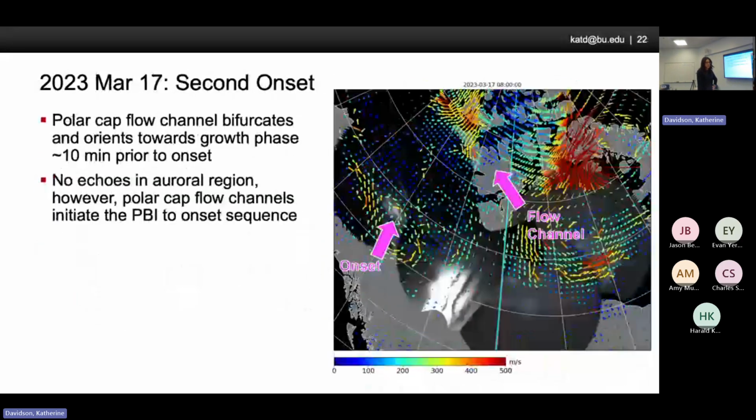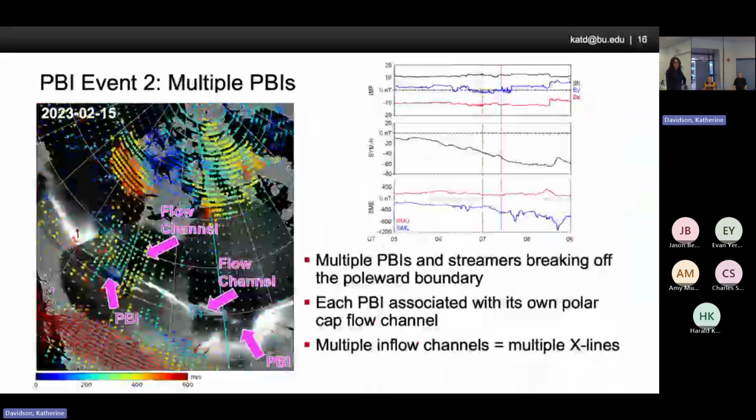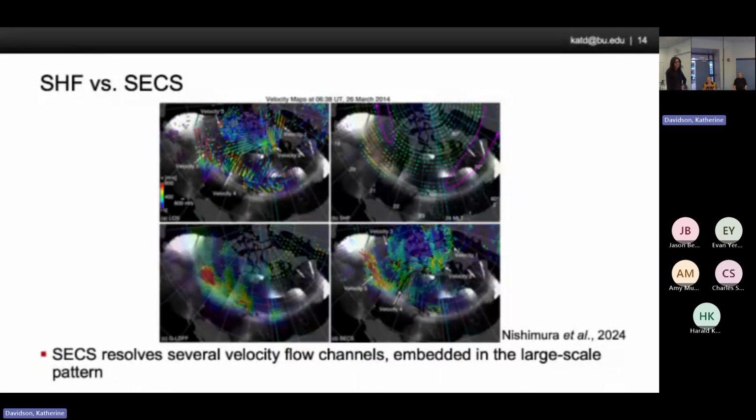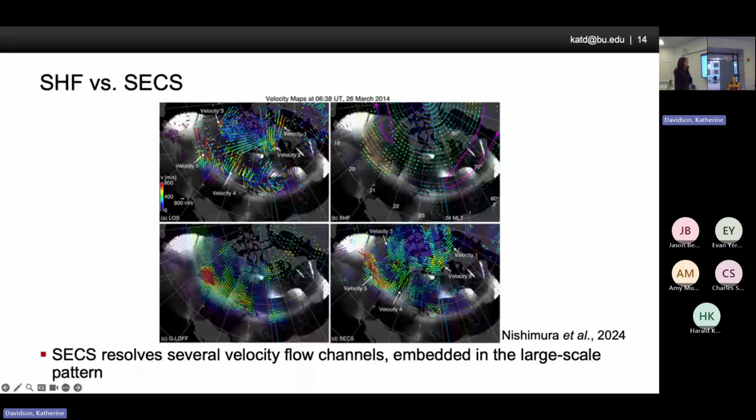So what do you mean by validation? I mean, DMSP flies through occasionally. Okay, so you get some vectors there. How do you use that to validate? I don't understand that. Well, it was just used for a few case studies when this method was being developed, but in terms of a case by case basis,